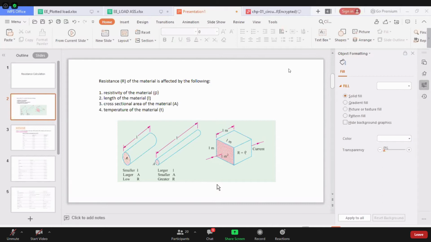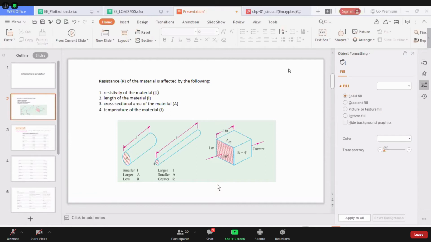Aside from that, power loss is also computed having the values of the resistance. If you don't have the resistance, then that would be difficult for you to identify the power loss in the system. So actually the power loss in our system is the heat loss, or that's the power loss due to heat produced in our system.